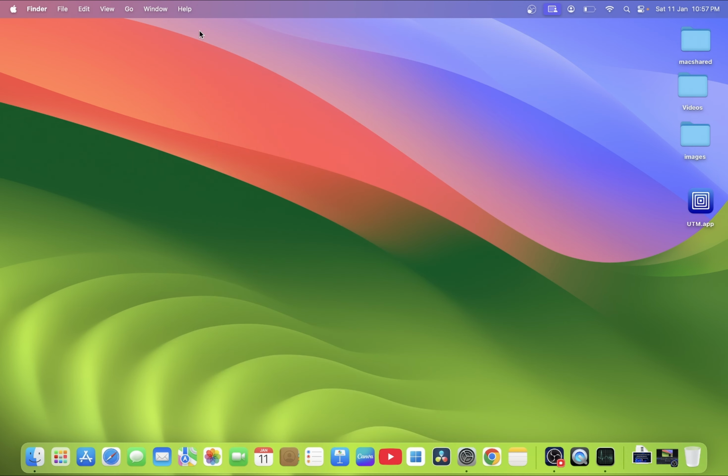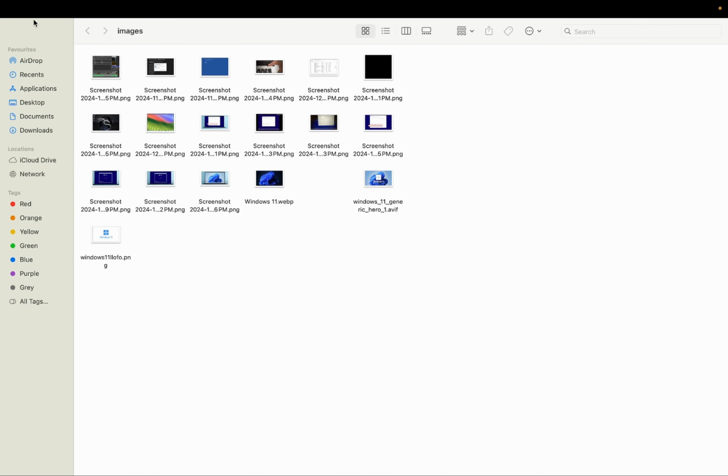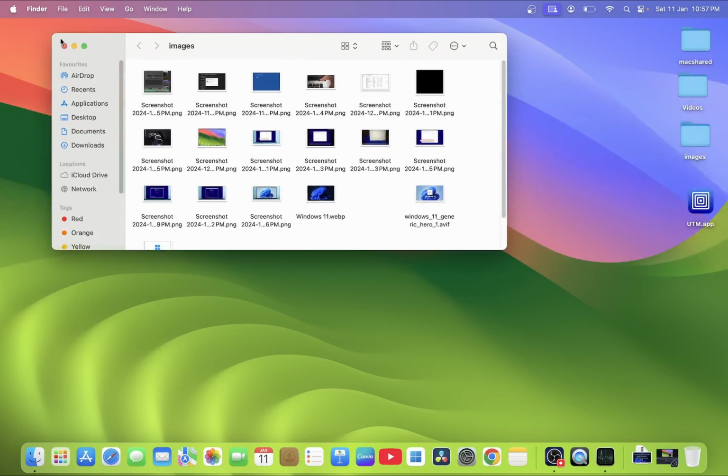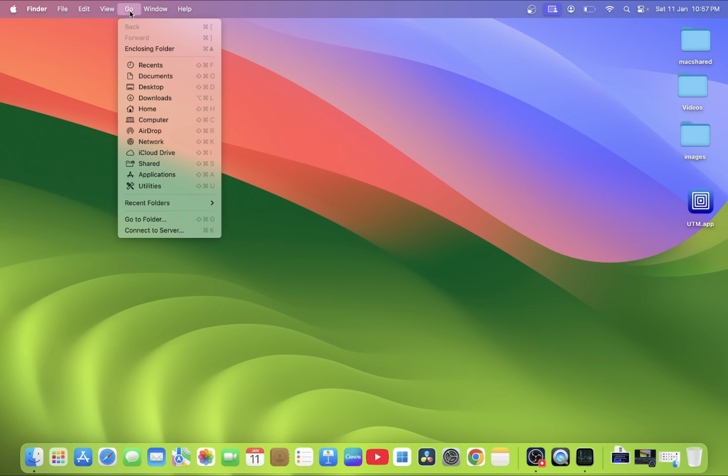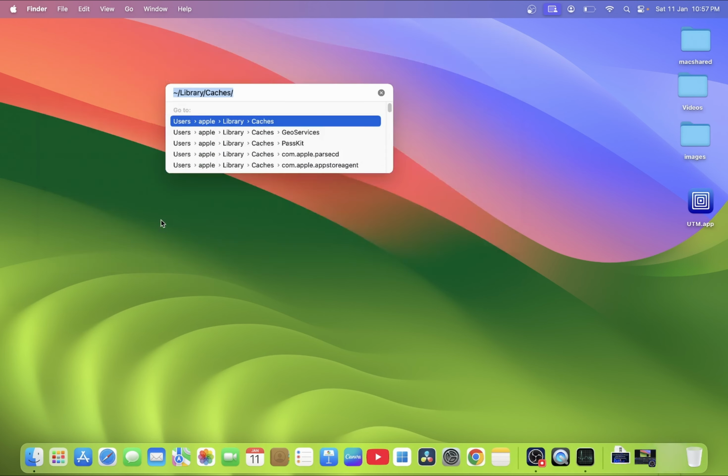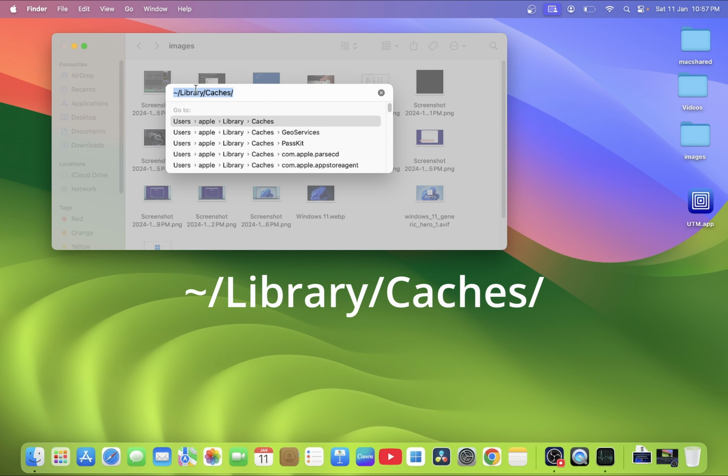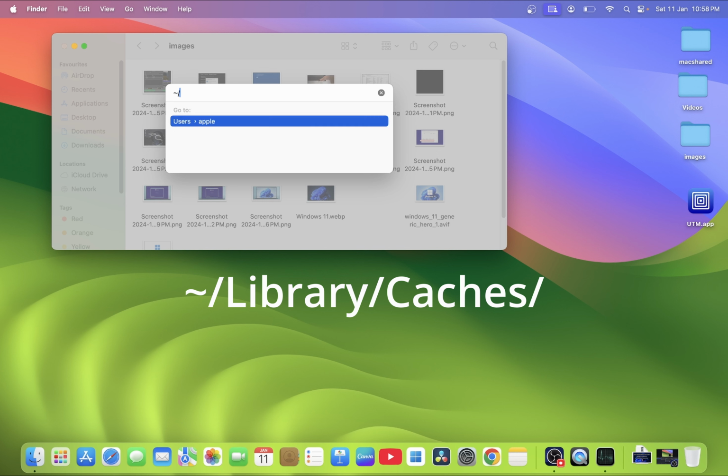Another way is to you need to open the Finder. Okay, and once you open the Finder, let's minimize it. Go, click on Go, and go to folder, and inside here you need to just copy and paste this like this. So once you click on Go, you need to press Shift and left side symbol on the one, then this backslash library, this is the forward slash,